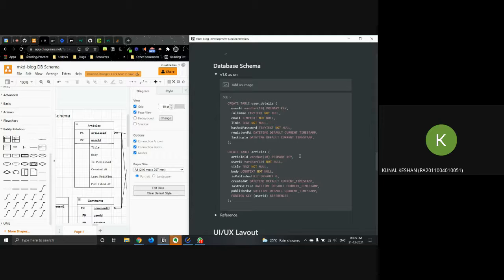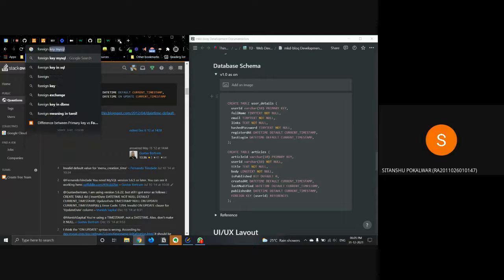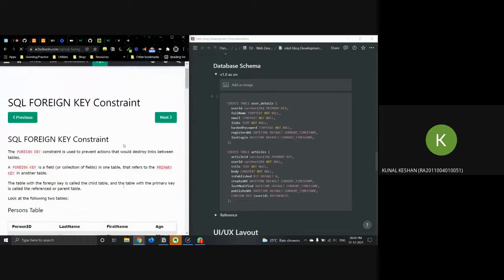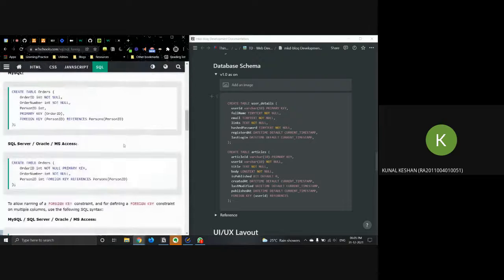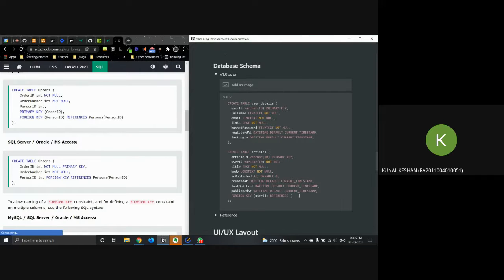References, what was it, the table name? Yeah, user details. Yeah, so foreign key MySQL. Yeah, okay, the table name and the primary key over there. So user details here, and it would be user ID.